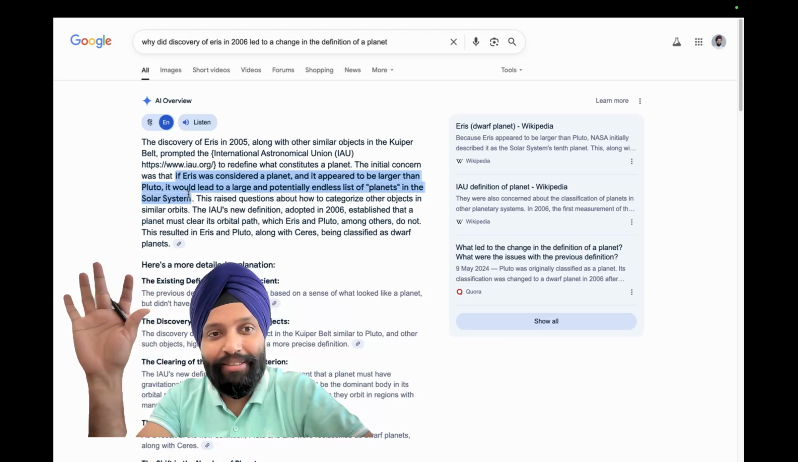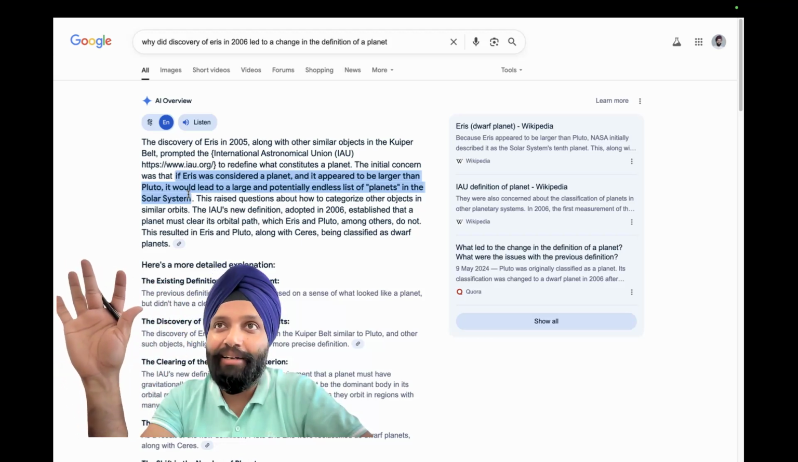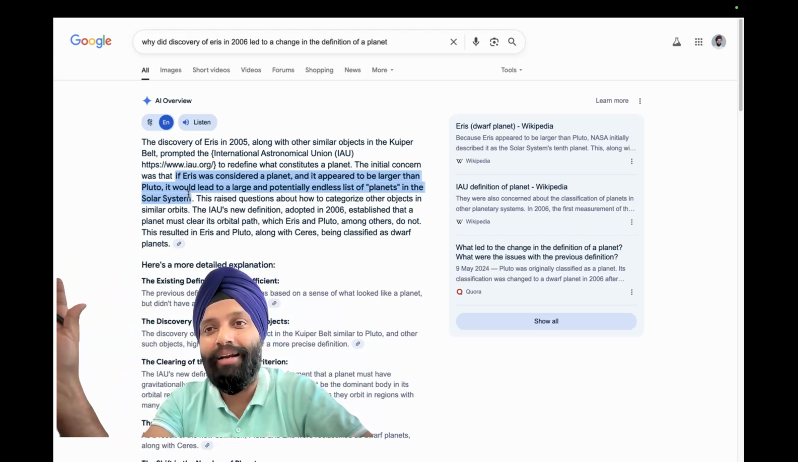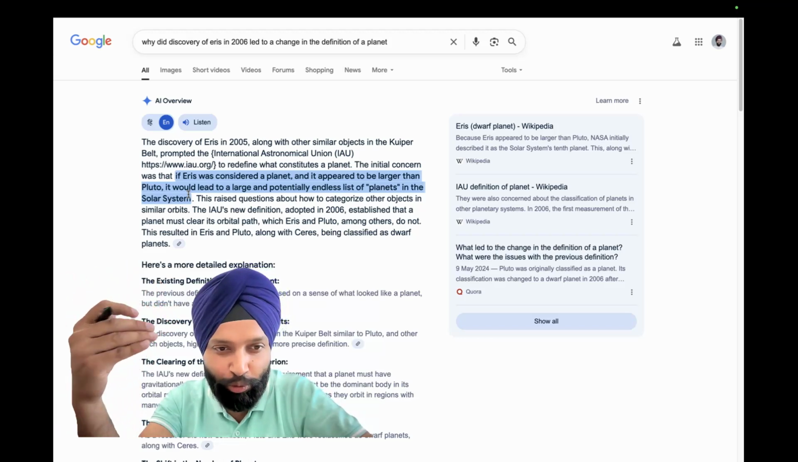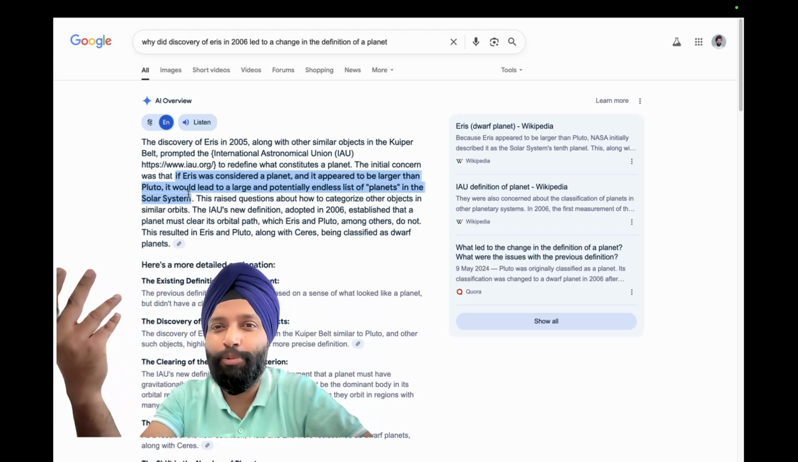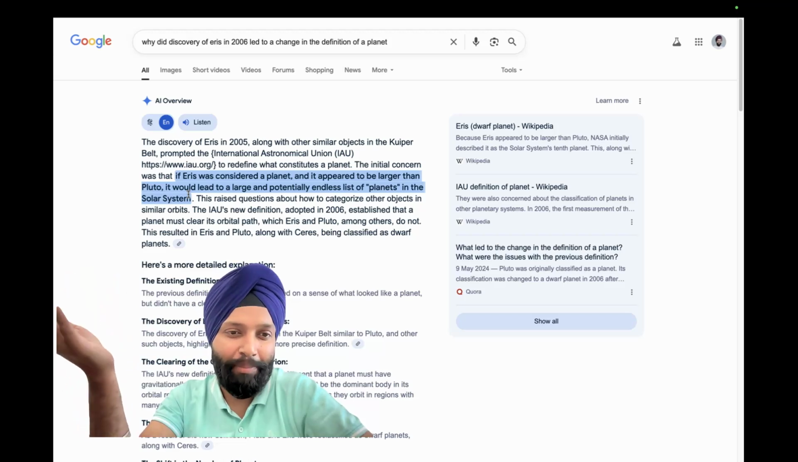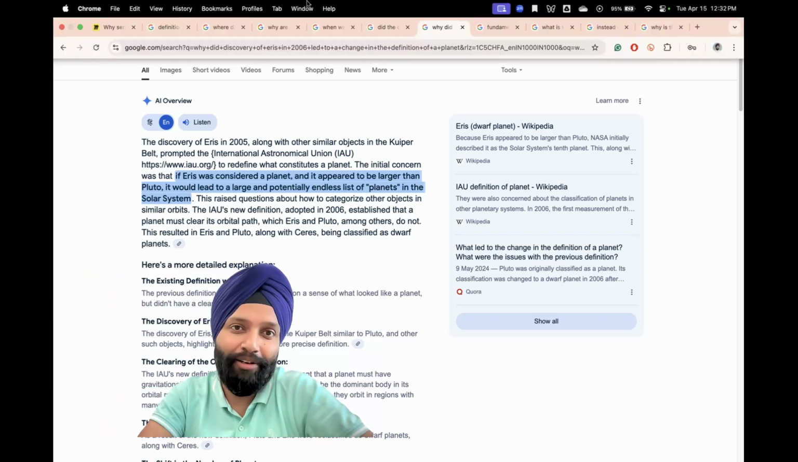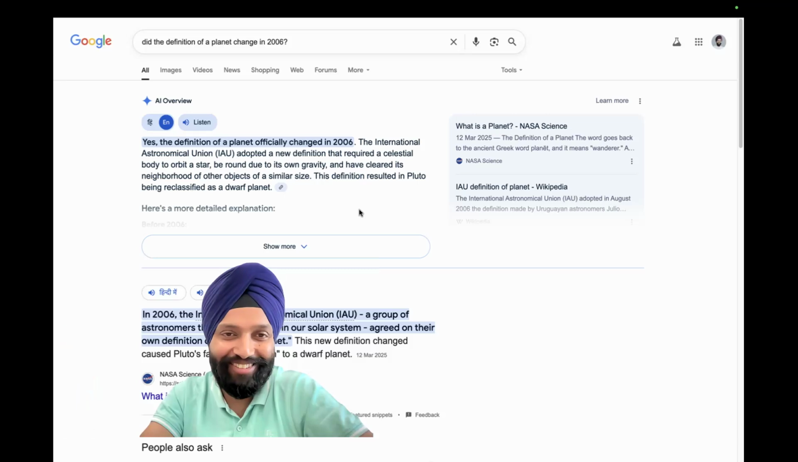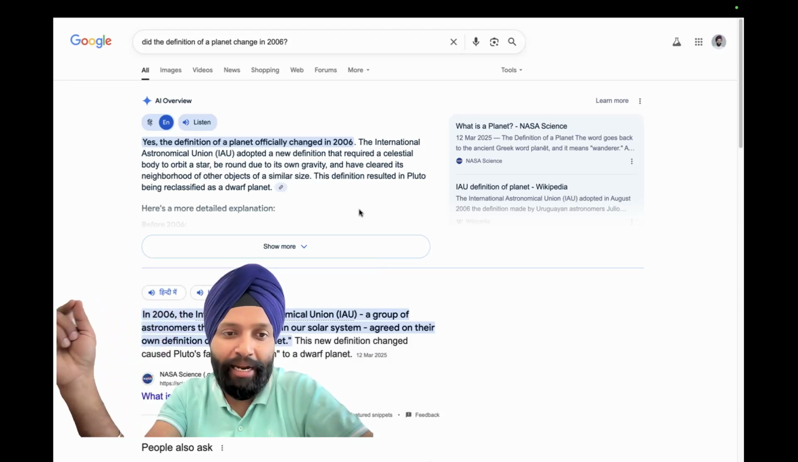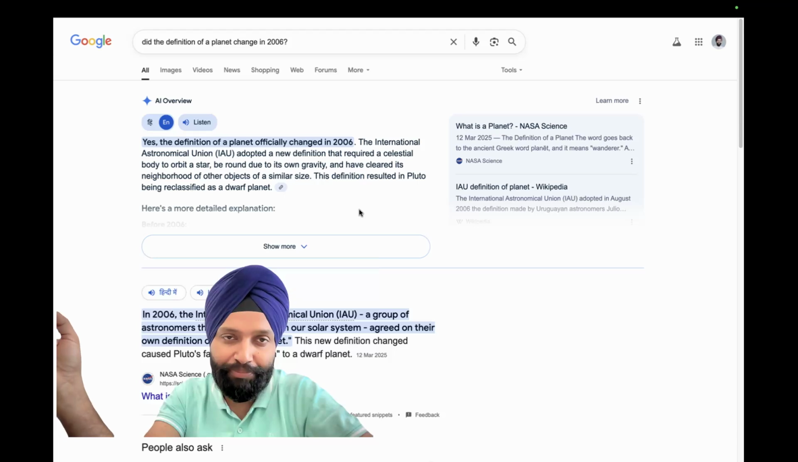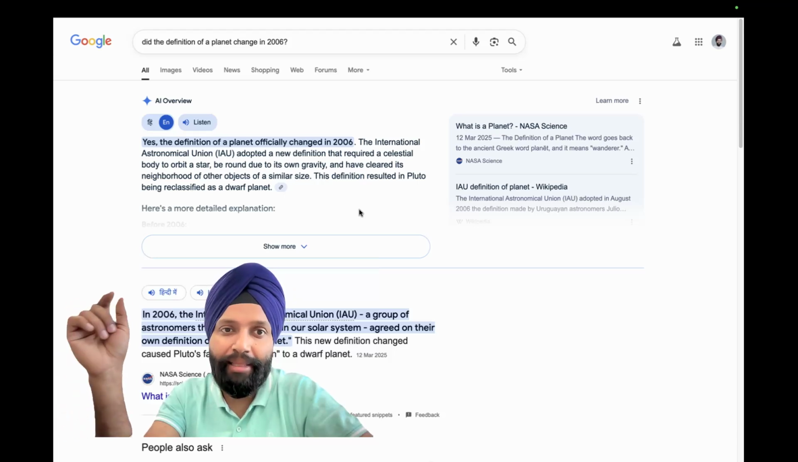So in 2006, this happened that, well, if we call Pluto a planet, then a lot of other things will also need to be called planets. So let's exclude Pluto. But how do we exclude Pluto? Pluto is a planet by definition. So let's change the definition of a planet. Okay, so in 2006, the definition of a planet was changed. Okay, and that's the same thing